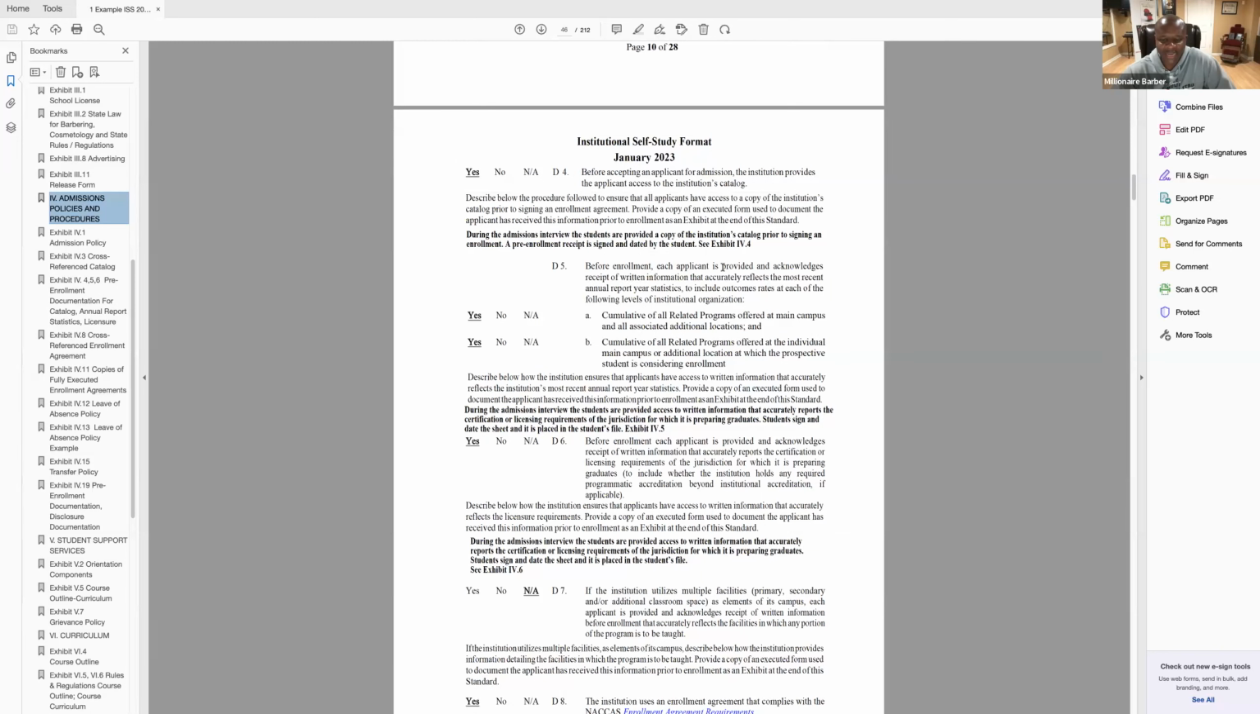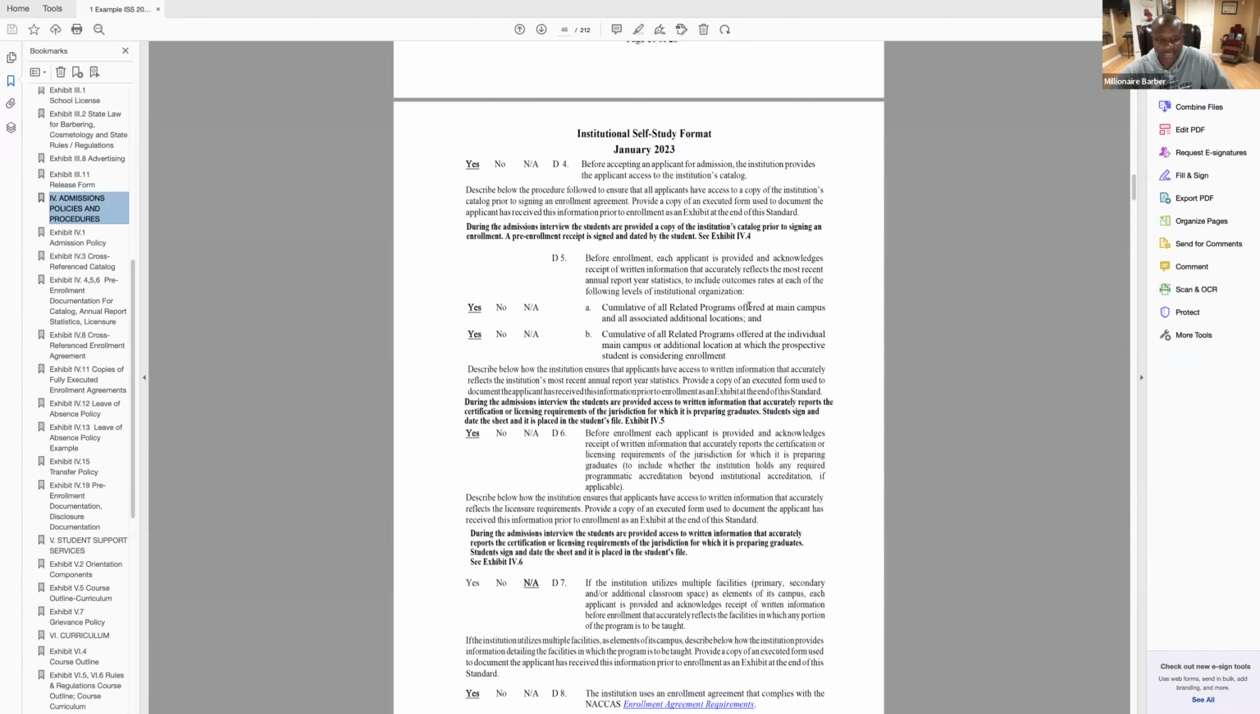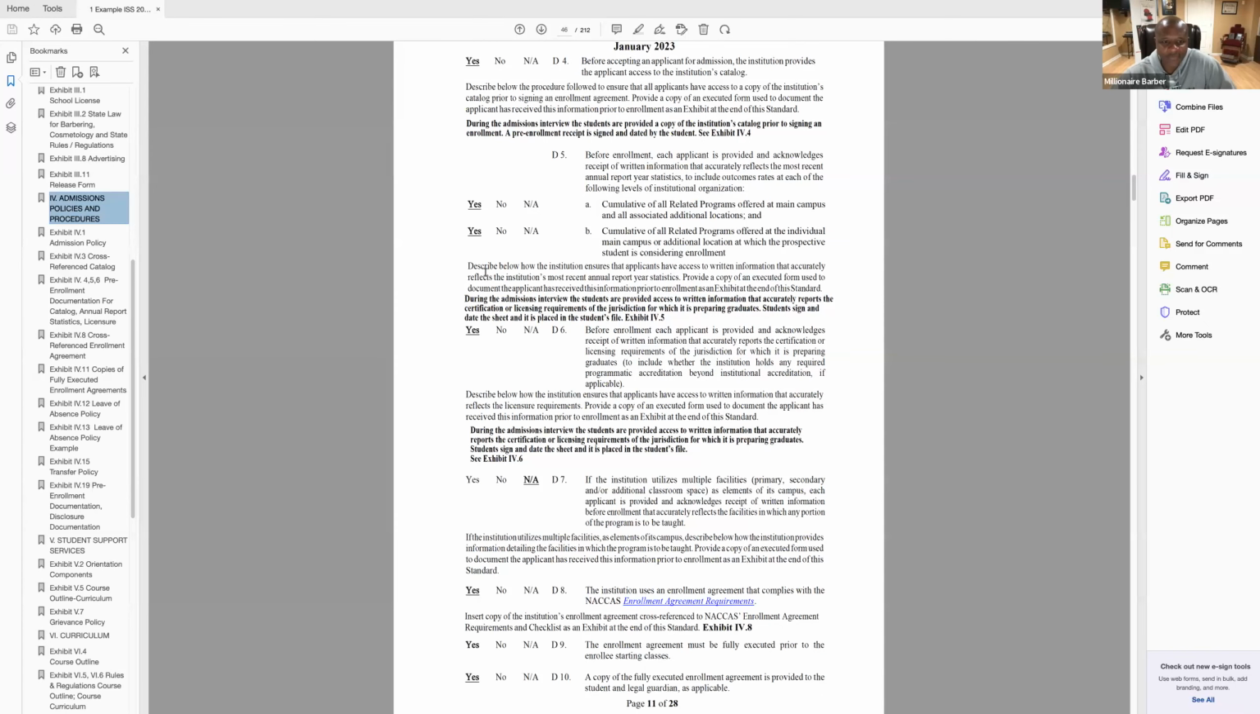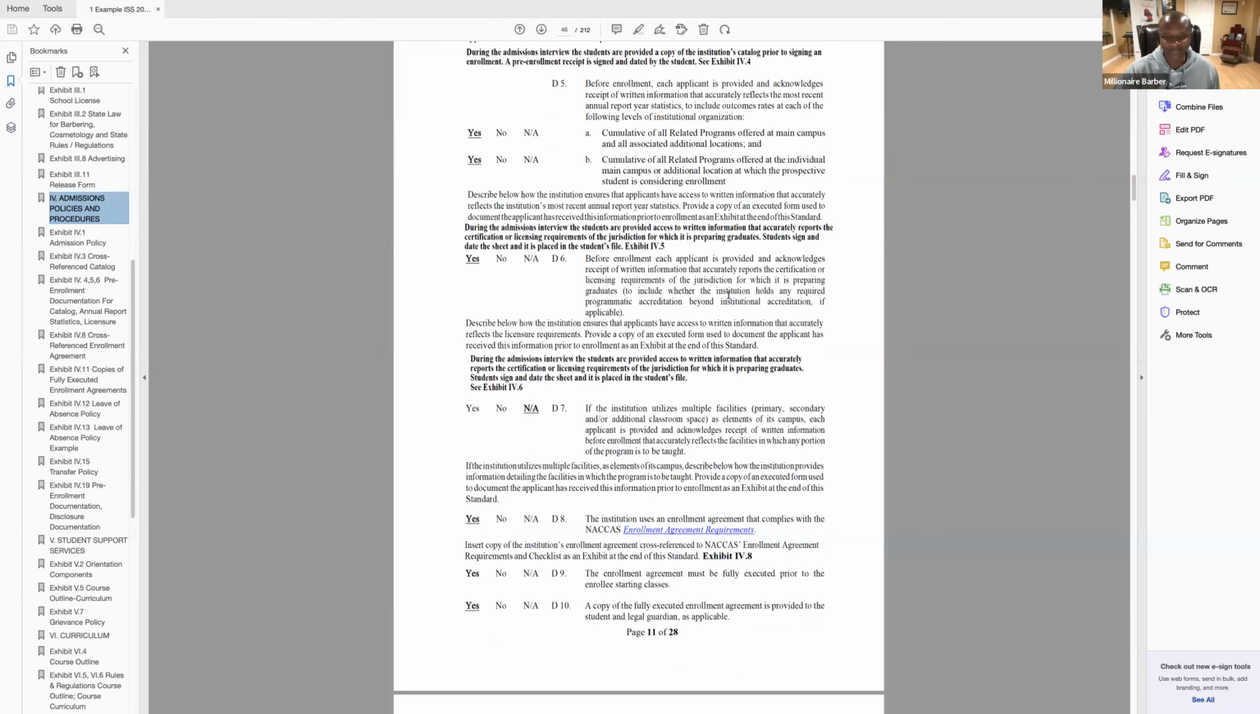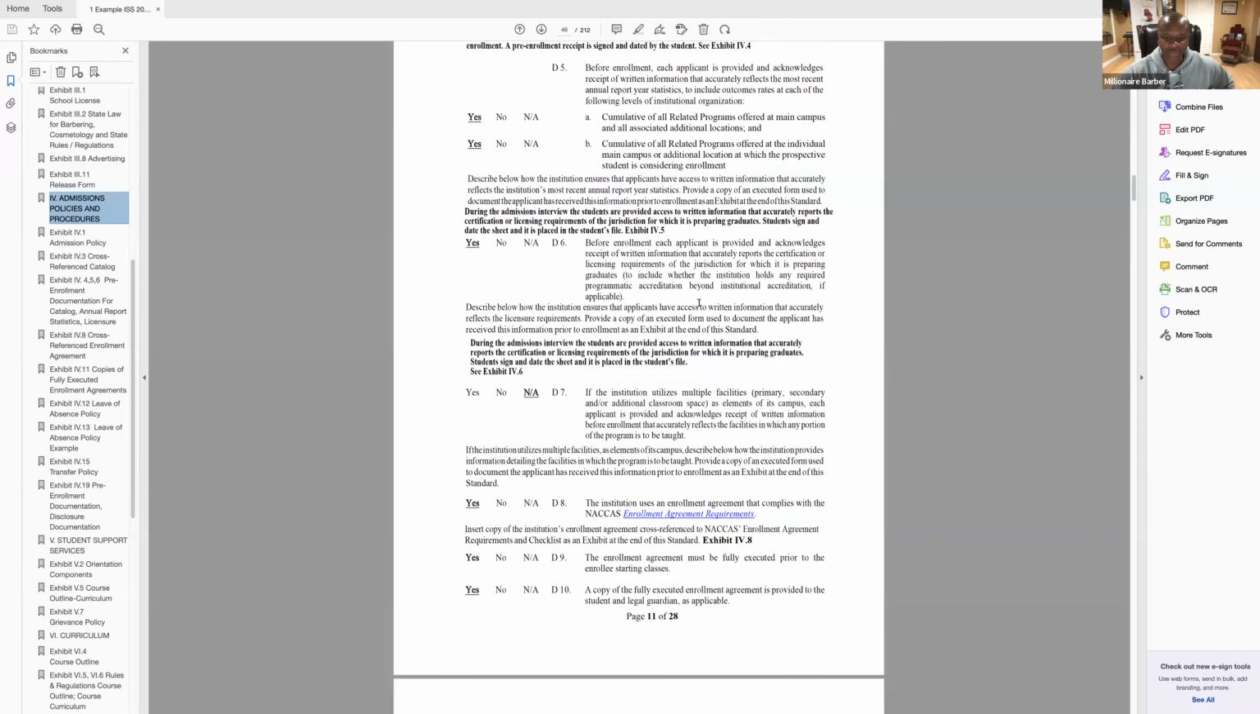Before enrollment, each applicant is provided and acknowledges a written receipt of written information that accurately reflects, okay? Going down here, describe how applicants have access to written information. So when they sign that and date it, that's protecting you. Also, we're going to get to the enrollment agreement. Another one where they're going to sign their life away. Make sure you have these students sign this, because you're going to have to take one of them to